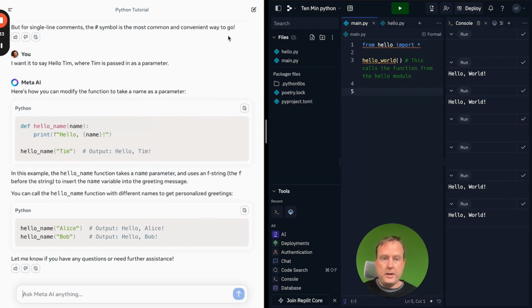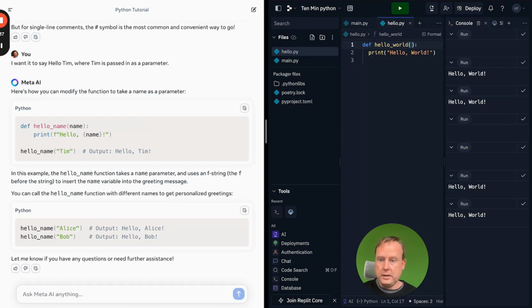You just go to the definition in hello.py, and then you go here and you put in the name of the parameter, and then in the print you change it to this kind of thing, hello, comma, space, and then boom,